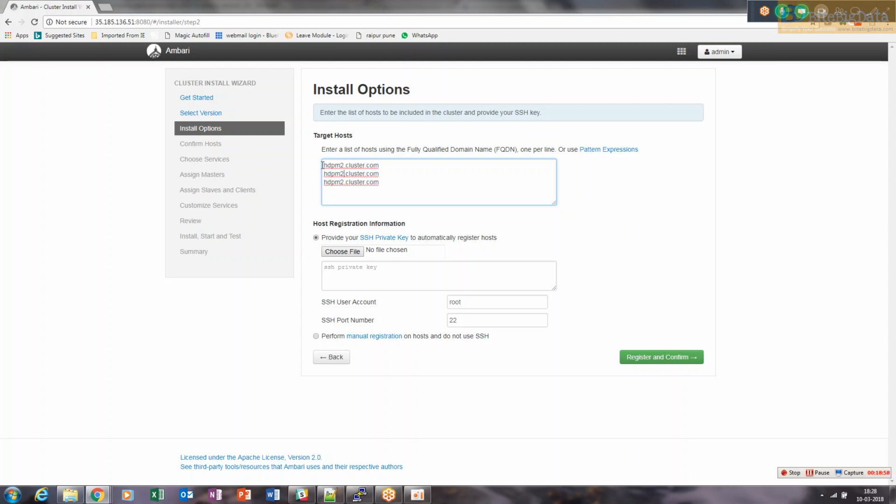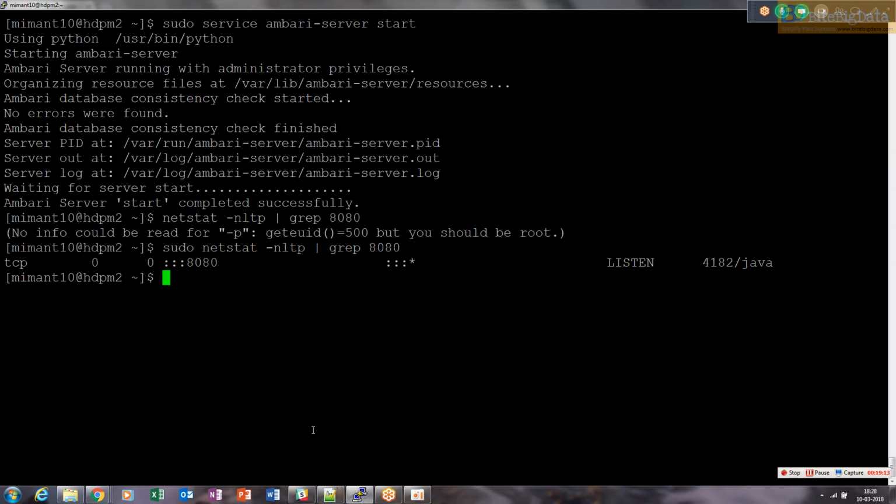Change this to S1. It should be S2. Add hdp-m2.cluster.com, hdp-s1, s1, correct? Now we can put our private key. The private key can be brought from here. Go to SSH